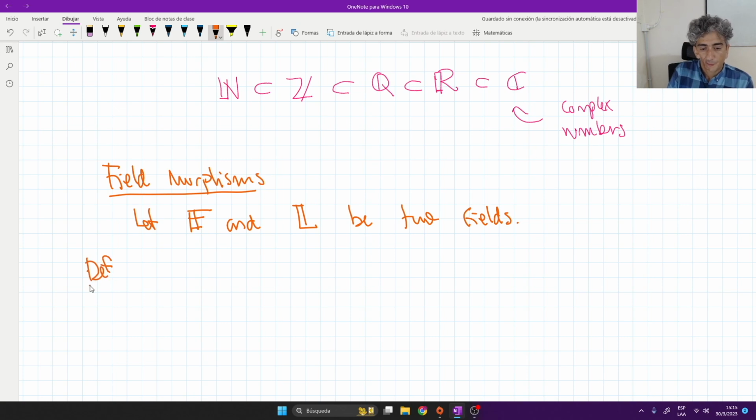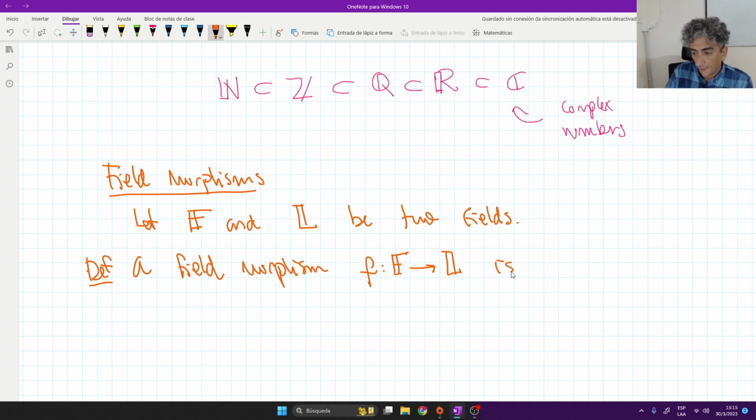Definition: a field morphism f from F to L is a function such that